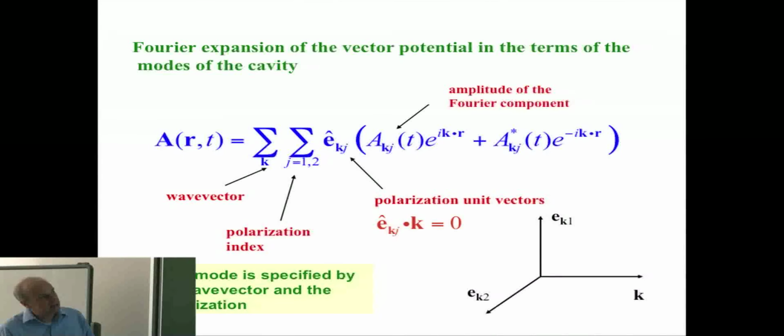Here you see that the space part of the function is explicitly written, but these amplitudes we have not yet determined. So we need some equation for the temporal behavior of this quantity that we can obtain using the wave equation for the vector potential. And if we do this,